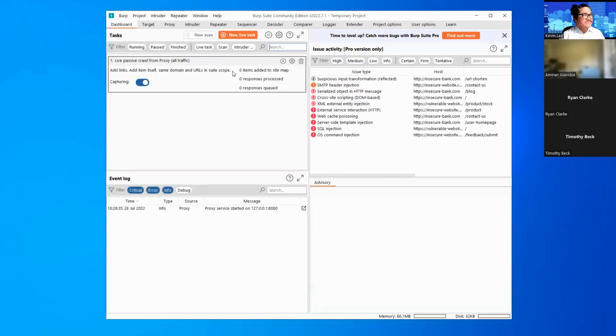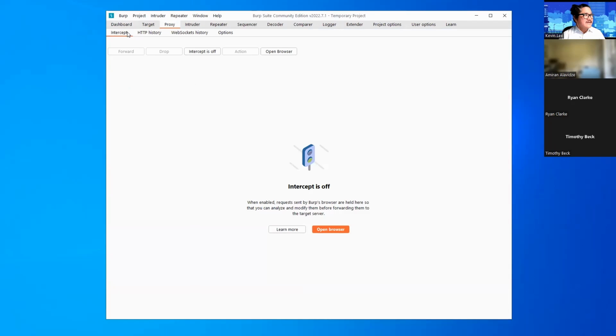Okay, so from there, we're going to click on the Proxy tab up here. And then in the Intercept tab here, we're going to make sure that Intercept is off. In some versions, Intercept might be on. We're going to toggle that to off and make sure that is off.